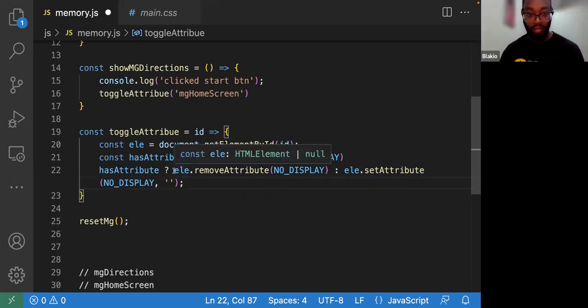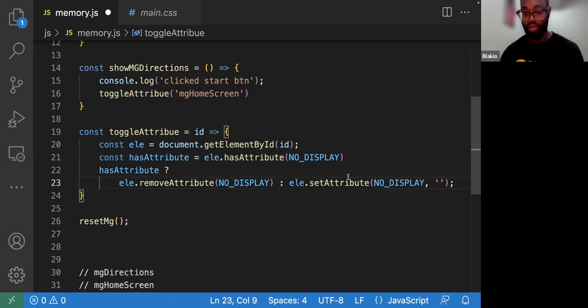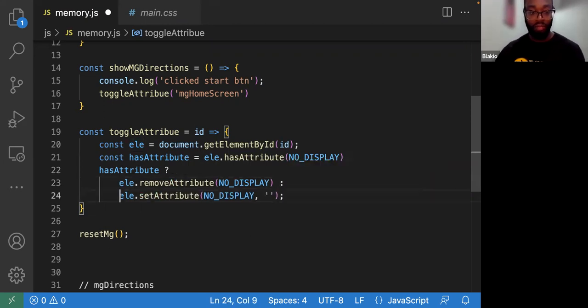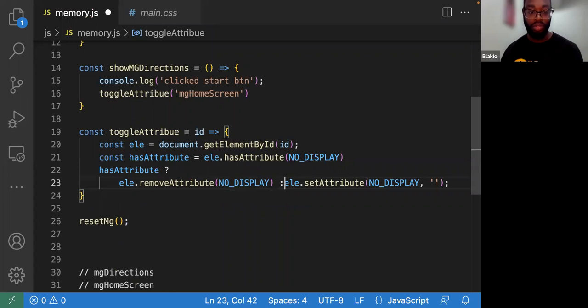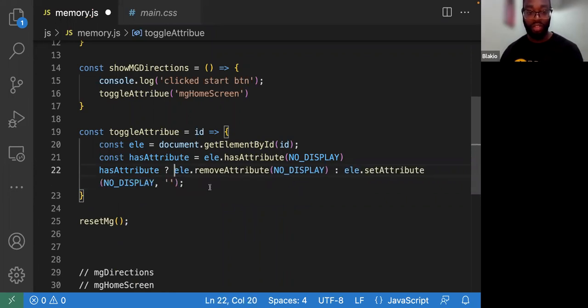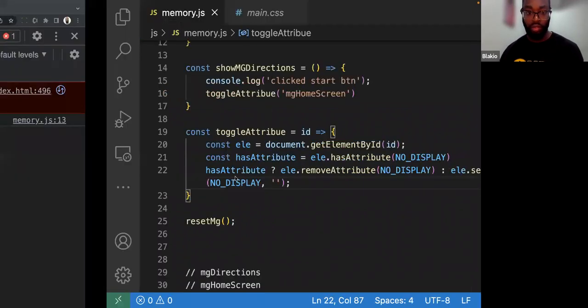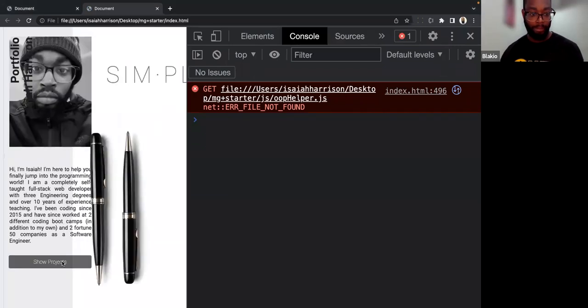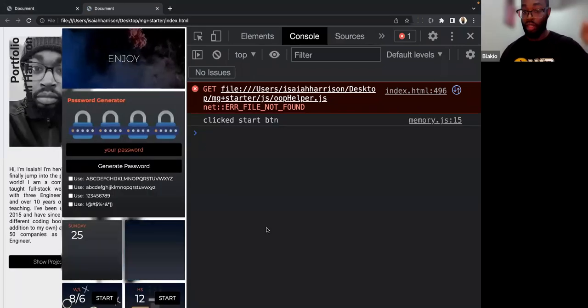And this is going on another line. So I'm gonna just drop it down here. I mean, you don't normally have to do it like this. Actually, I'm just gonna keep it on the same line. I think it's fine. It's just wrapping around. So if true, we do this. If false, we do that. So if there's anything else I can do to slim this down, honestly, I think I'm good. This is probably the most I'm gonna be able to do without getting too crazy. So start, obviously it still works.